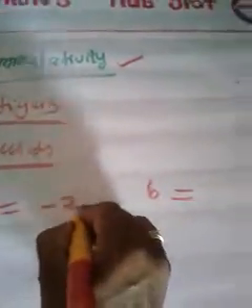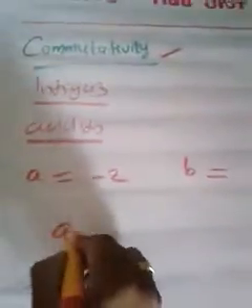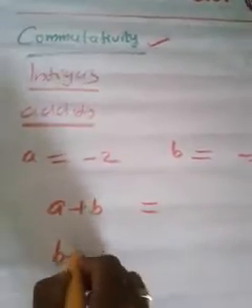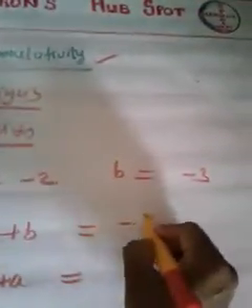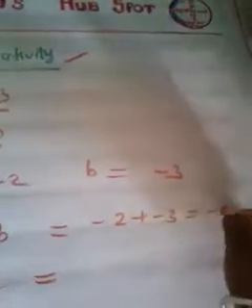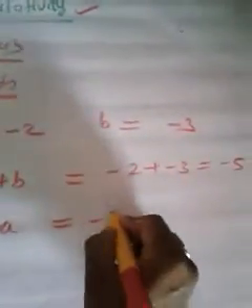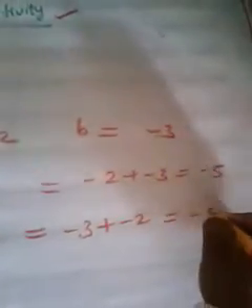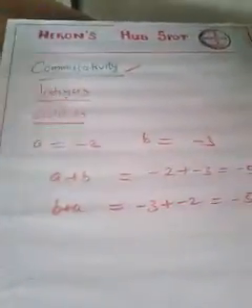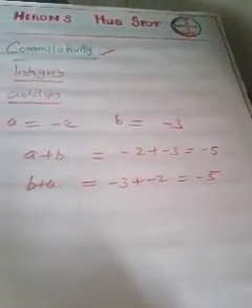So can I select -2 and -3? Yes. Then what is a plus b? What is b plus a? What is a plus b? -2 plus -3. What is that? -5. Then what is b plus a? -3 plus -2. What is that? That is also -5, no? So with one example this is satisfied. Here a plus b and b plus a are equal. But with this only, can you say it is commutative? No, we have to go for some more examples.